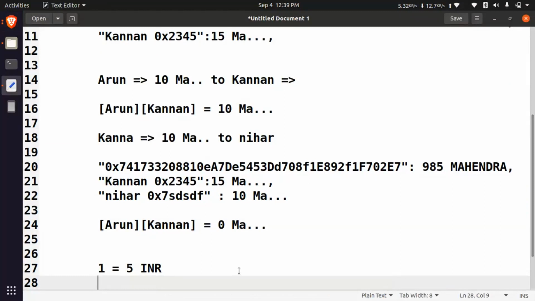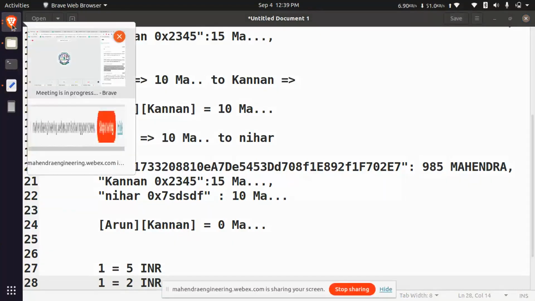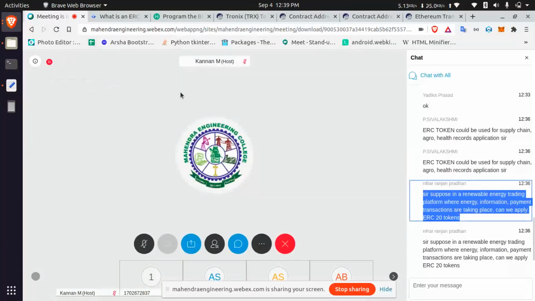At that time, that person will purchase the token from someone at 6 INR or 7 INR. Also, somebody may say, I am going to leave this institution, so I don't want this token. You can get it for 2 rupees also. So that person can get one token for 2 rupees. This is how the price will increase in a stock market and for a token. This is like supply and demand.